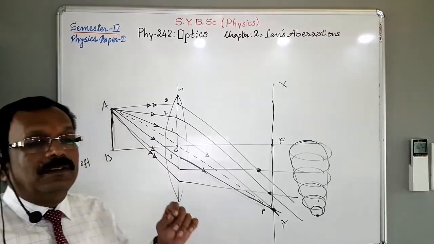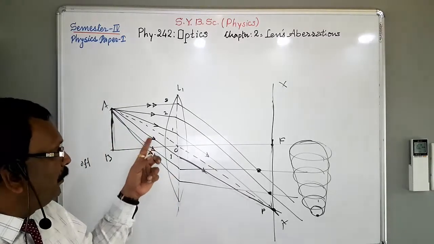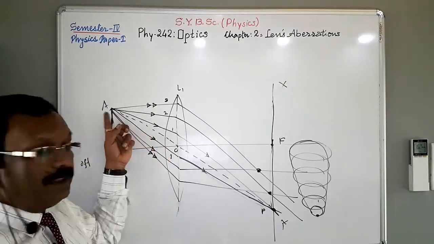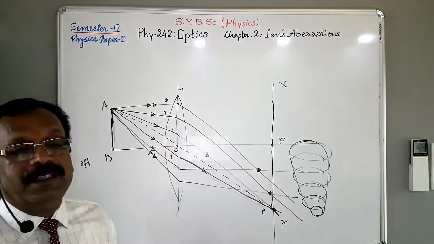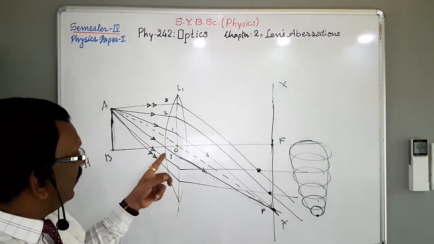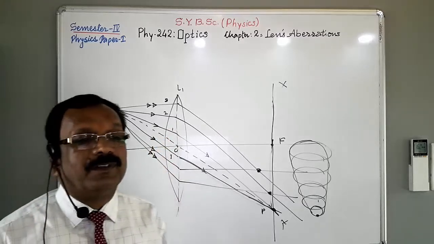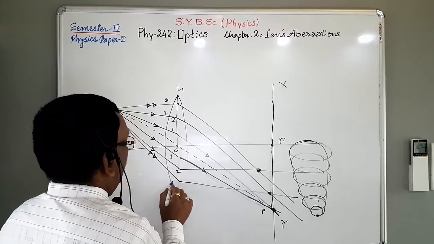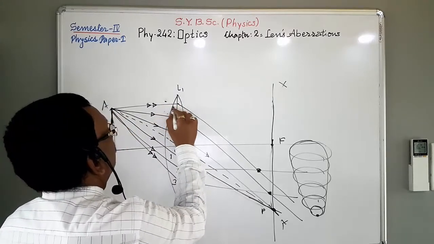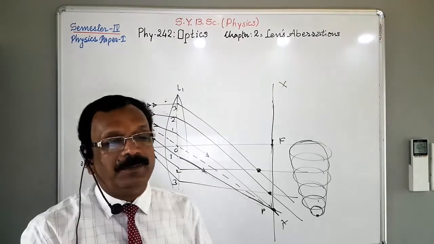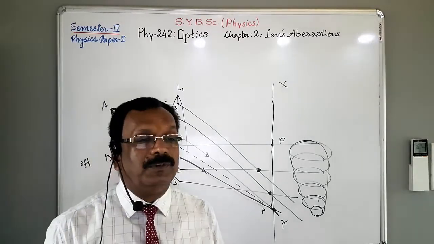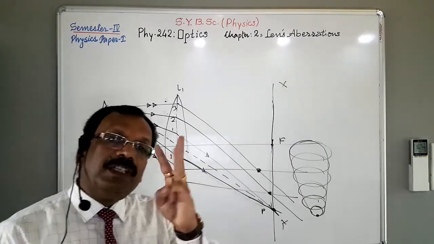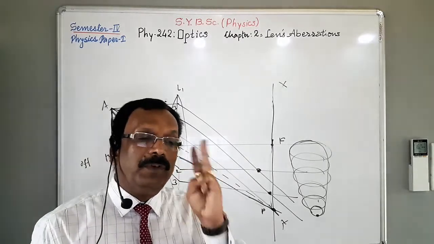Now consider the first pair of rays, that is, a ray passing through this point A and striking the lens, like this: first ray 1 and 1, first zone. Now this one and this one, second zone, and this one and this one is the third zone. There are different types of zones like this. Here we divide all this into three major parts.